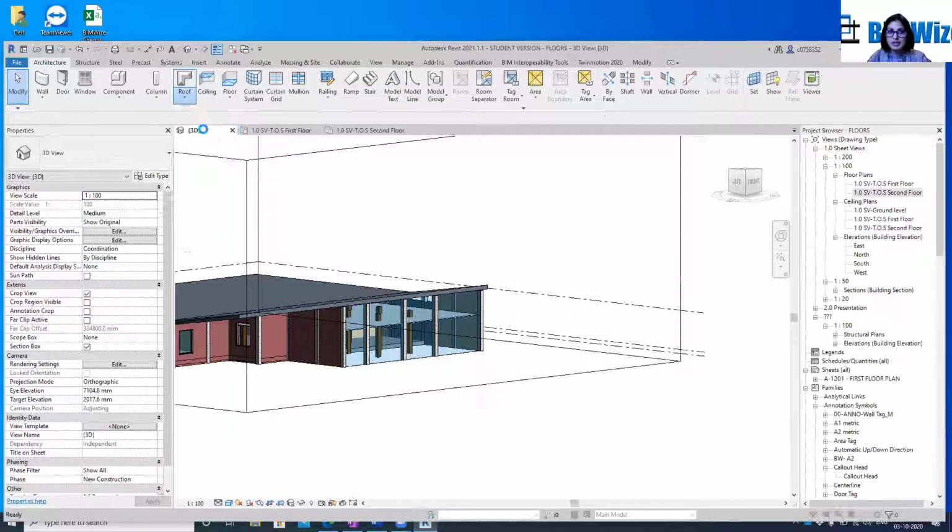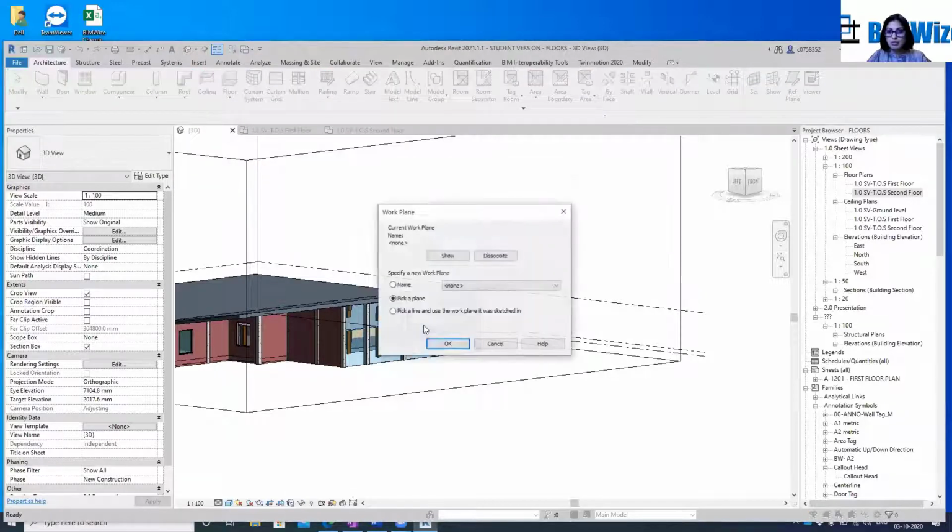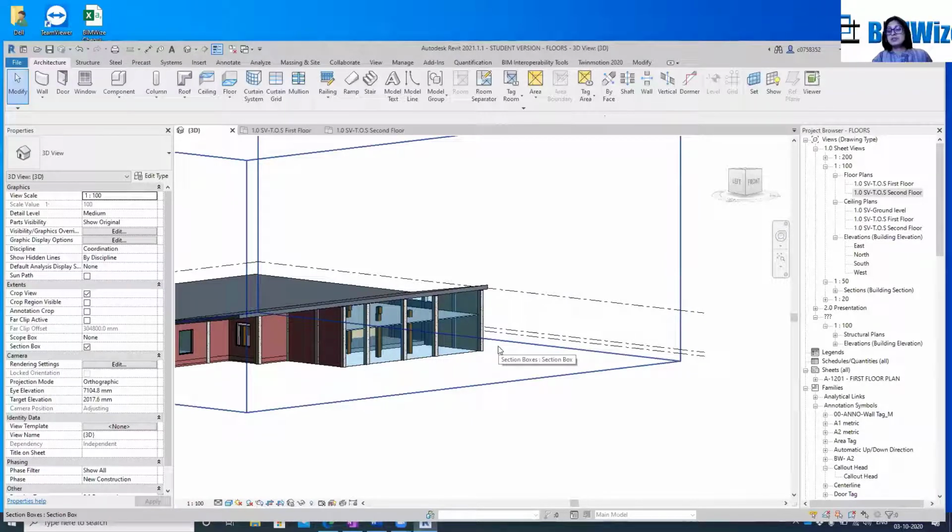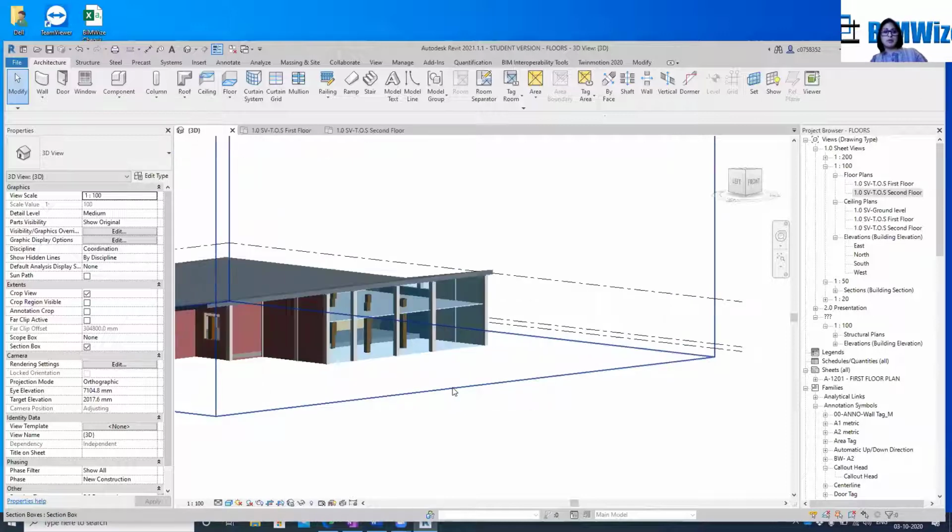For this, I will have to explain the concept of work plane, reference plane, and reference levels. So what are reference levels and reference planes? Remember that in the first session we talked about